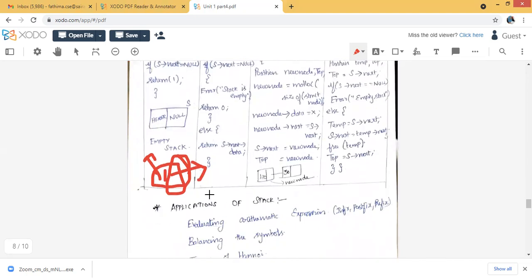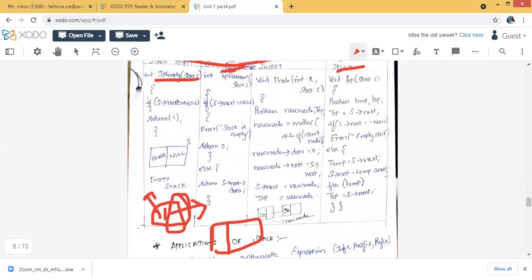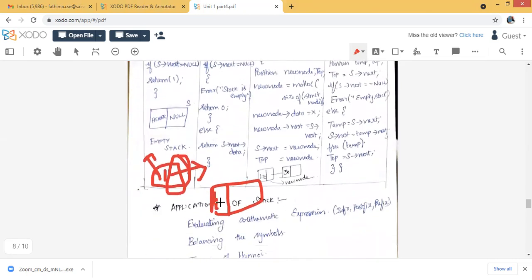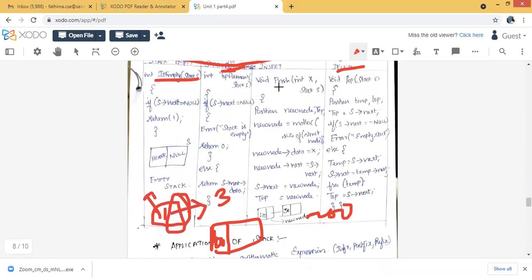So initially I'm having a condition like this. I'm already having an element of 100 here. My stack size is 3. If I want to insert the element 200, what is my condition here? Push(int x, stack position, new node, top).